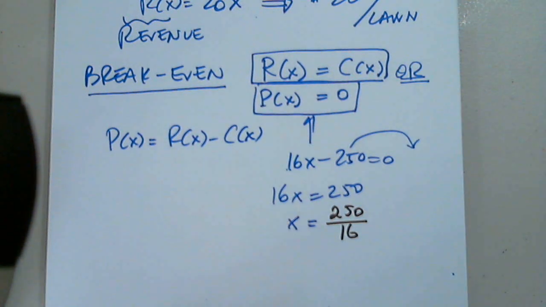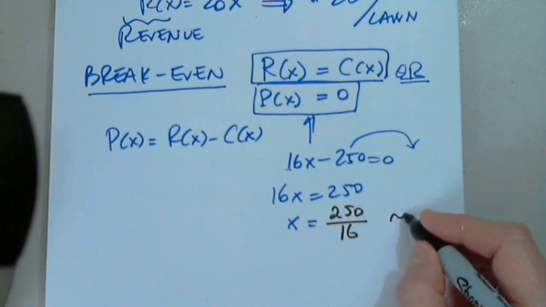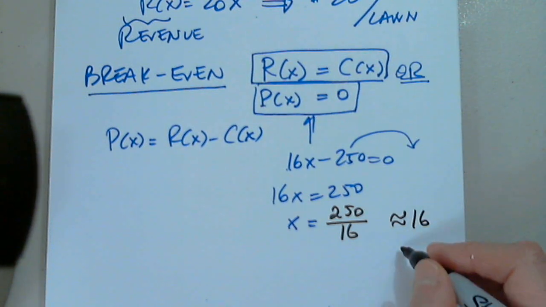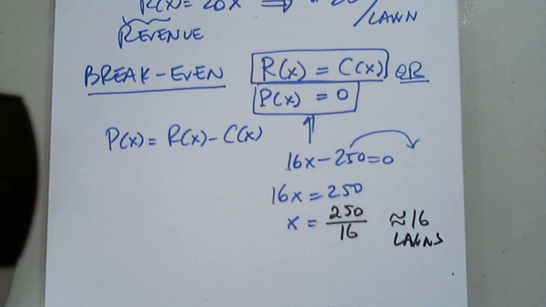$250 over 16. Okay. Here's my calculator. 250 divided by 16. Okay, so he cannot mow 15.6, so I'm going to say 16. Any questions on